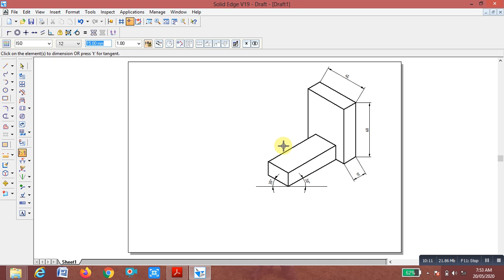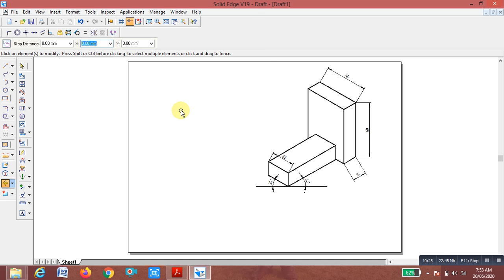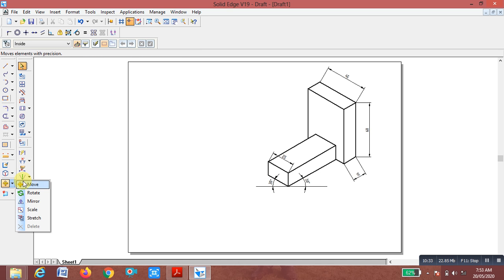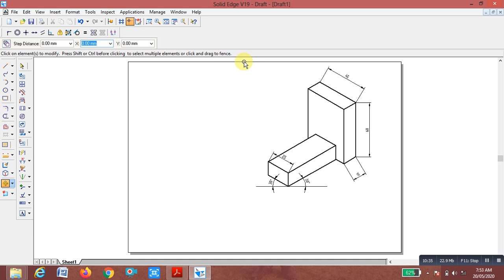The length is again 60, this height is 25. Now I am going to move this exactly to the center of the given sheet. Move, we place it at the center.